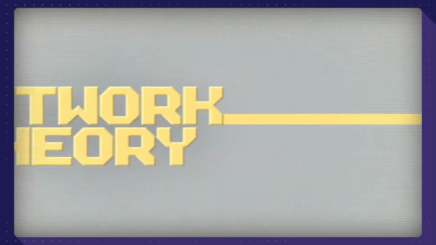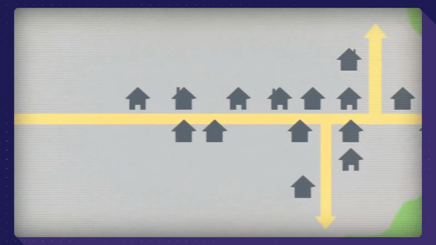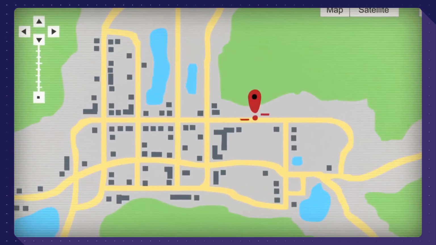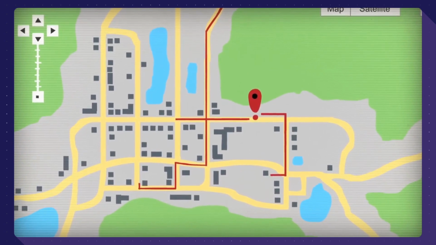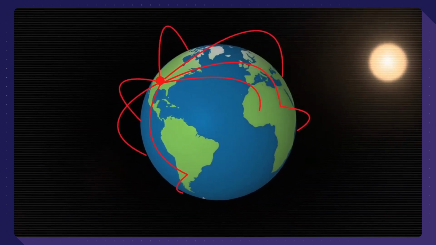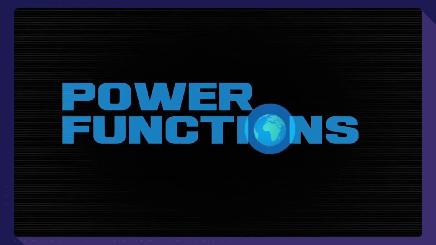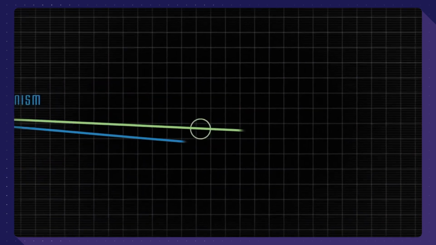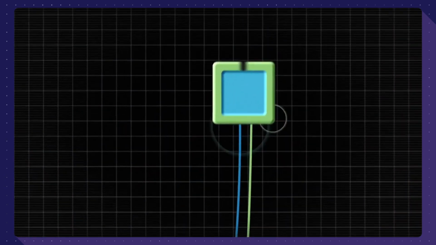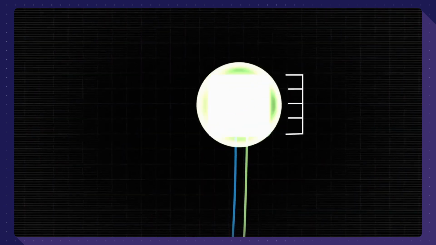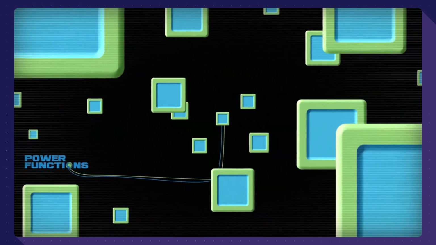We can think of networks as neighborhoods. Neighborhoods are defined by maps. A Google map demonstrates the relationship between locations in exactly the same fashion a network connects hubs and nodes, using streets as links to connect neighborhoods. The reason a network can expand and evolve so quickly is based upon a mathematical concept called power functions. A power function is a mathematical amplification mechanism which over specific and very small ranges accelerates changes logarithmically. That is, a very small change in one parameter produces a huge change in another over a very specific range of values.